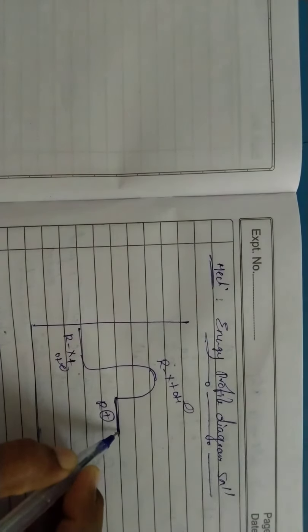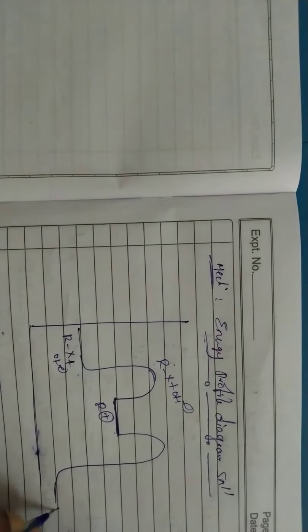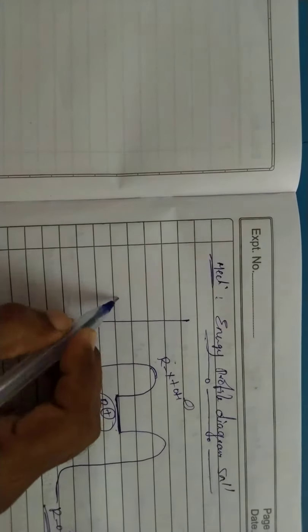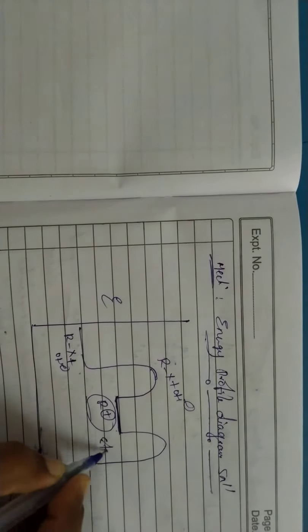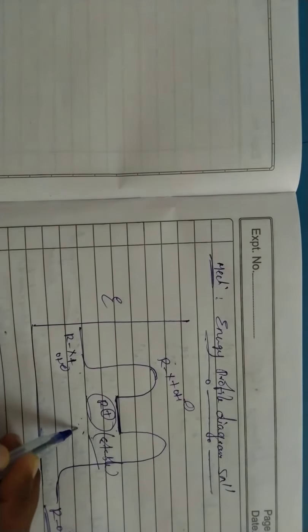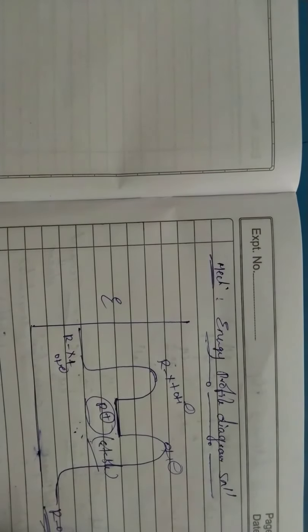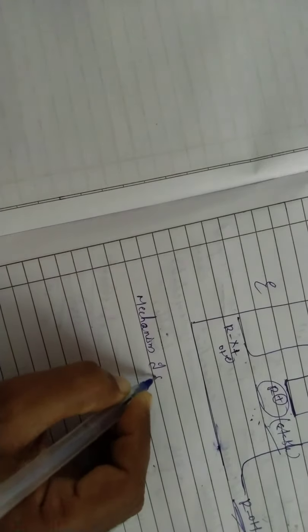So after the intermediate, what happened here? We are getting the products. What is the product here? ROH. So here the energy of the carbocation, this is the energy level. The energy of the carbocation is less. Which is having less energy is nothing but stable. That's why we are getting stable intermediates. After that, addition of OH minus takes place and we are getting the alcohol. This is the energy profile diagram. Next we are talking about the mechanism of SN1 reaction.